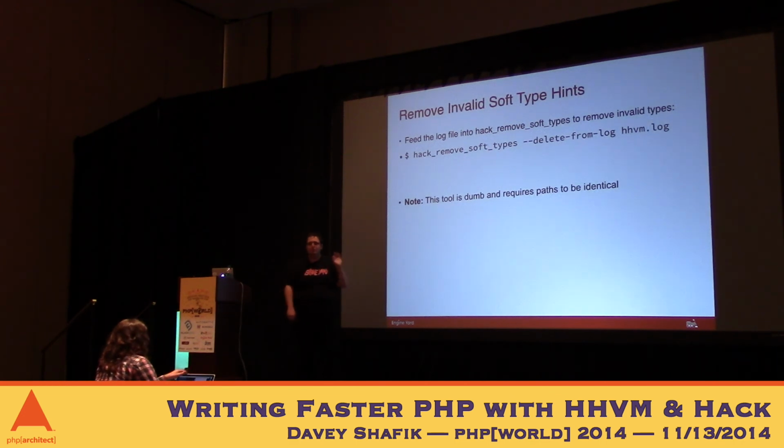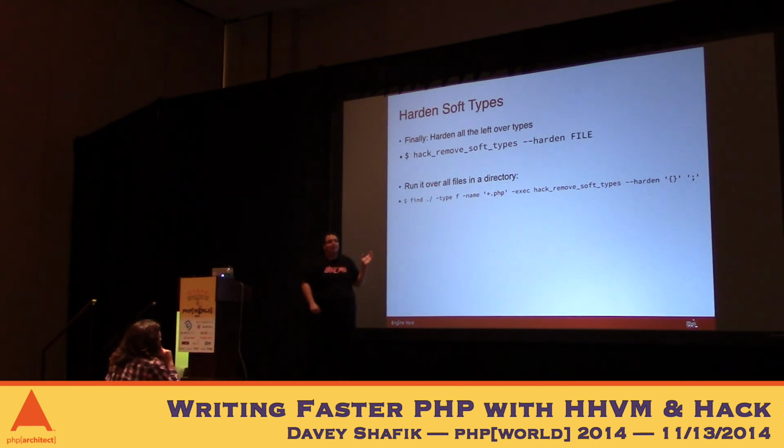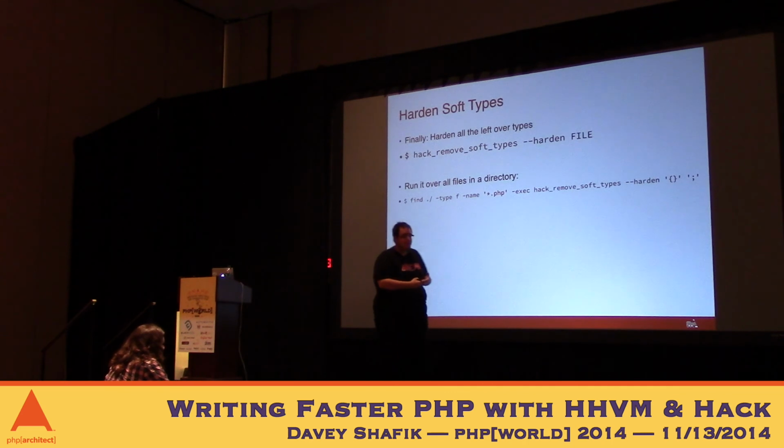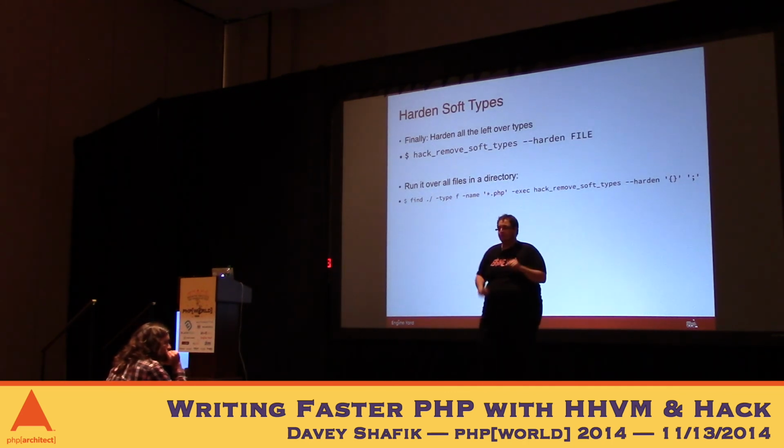So as I said, what this will do is remove any incorrect soft type hints. So they will be untyped. Okay, so it cannot be strict, but at least it's not wrong, and it knows to use interpretive mode for those things. Then you want to harden the types. So hack remove soft types, harden, the file name. What that will do is remove all those symbols that you had in there that said they were soft. Now you have correct hard types. And now you converted a huge chunk of your code base without screwing up your production or having multiple errors. You're very, very confident at this point through this automated process that you've got good type hints. It's just a way to get you started. It will improve your performance to a certain extent, and just hopefully save you a whole bunch of effort.